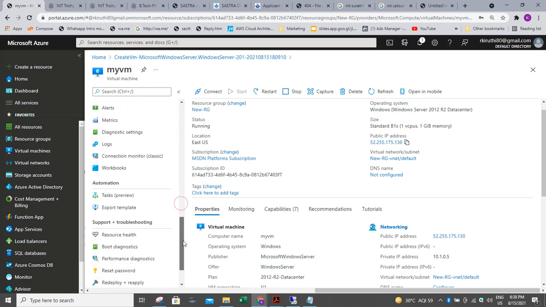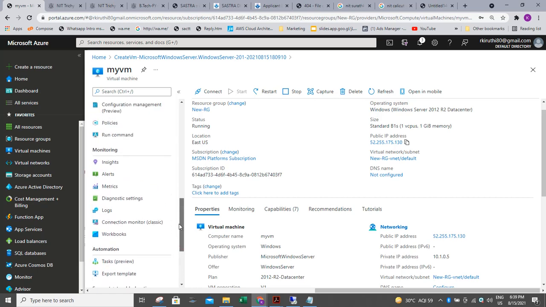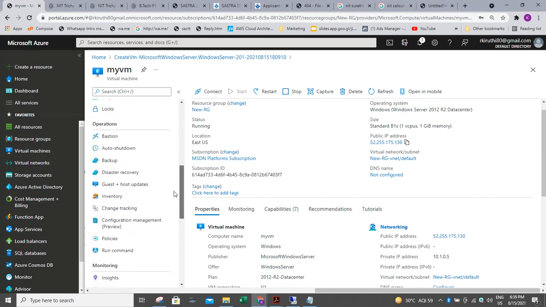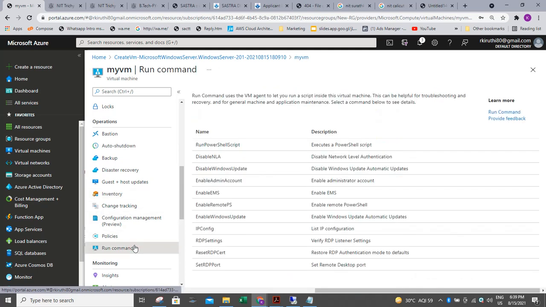If you go to this menu, in this we can see support and troubleshooting, and under this operations menu we can see run command here. So we will understand what we can do with this run command.